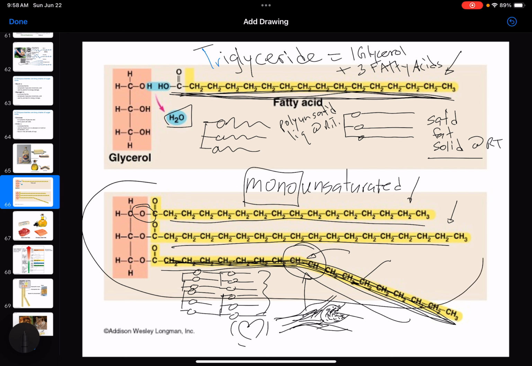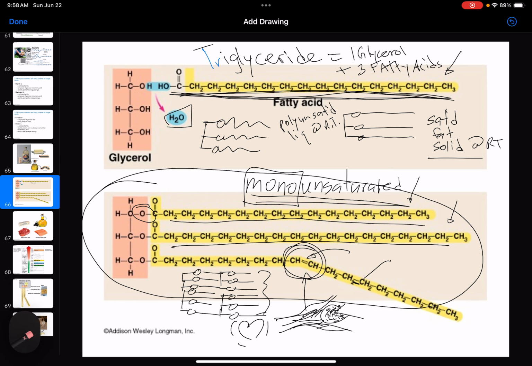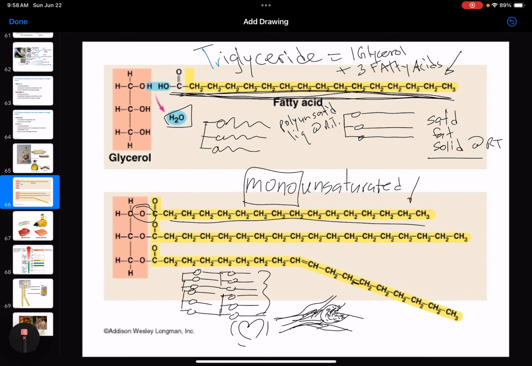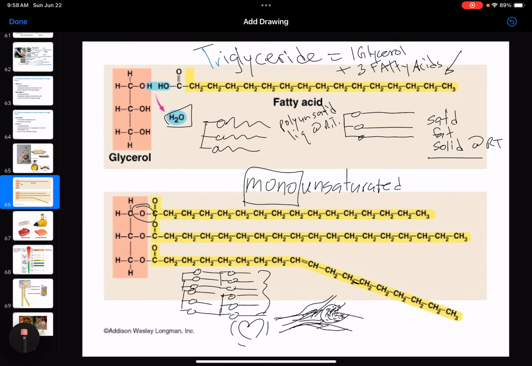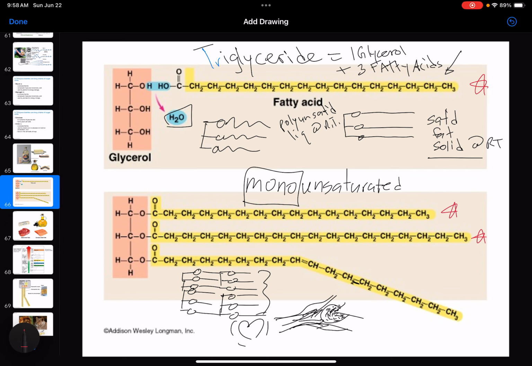This is a good example of unsaturated fat. Specifically, it's monounsaturated because it has one bend, and that bend is attributed to a double bond, right? So let's clean this up so we can see them clear. All right, here's what I want to show you. Do you notice that every carbon in the straight chains, I'm going to use red here. These straight chains, do you notice that every carbon in the middle, every carbon has two hydrogens? Every carbon in the middle comes with two hydrogens,